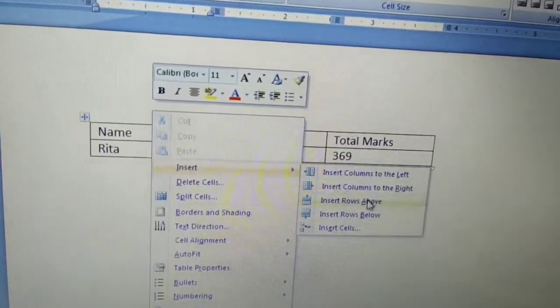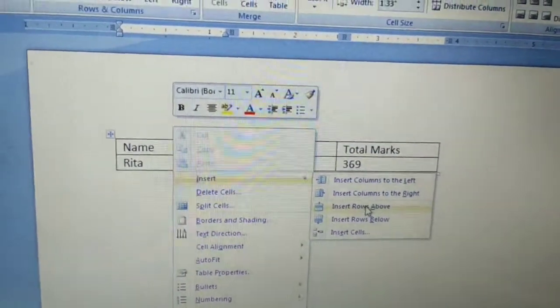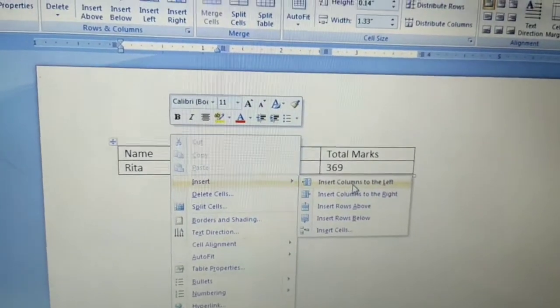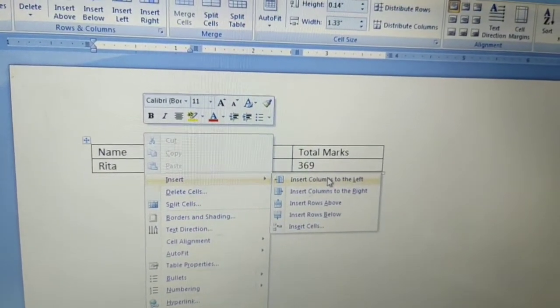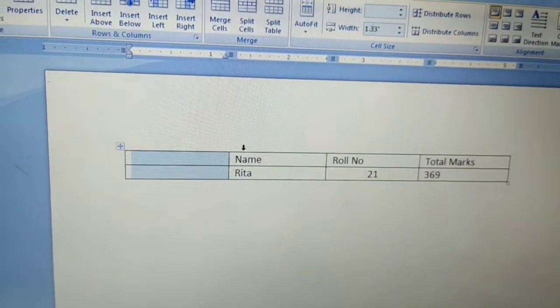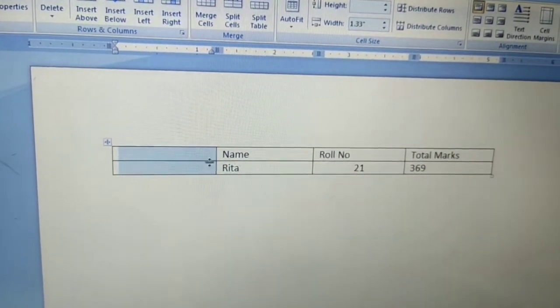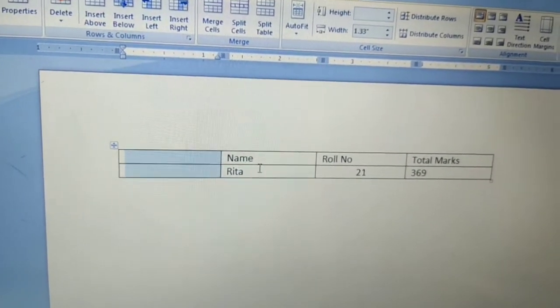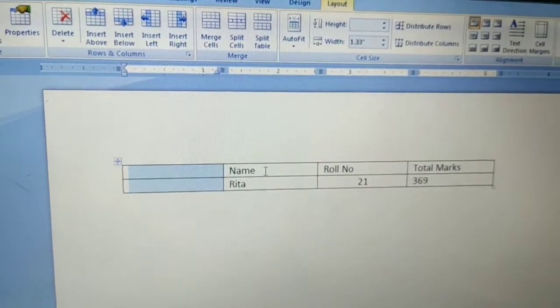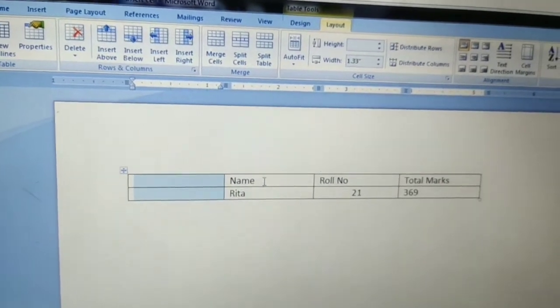These are the options. So you can select the options. Suppose I select insert left. Now see, the column is added on the left hand side of the name. Clear? In this also you can insert rows and columns.